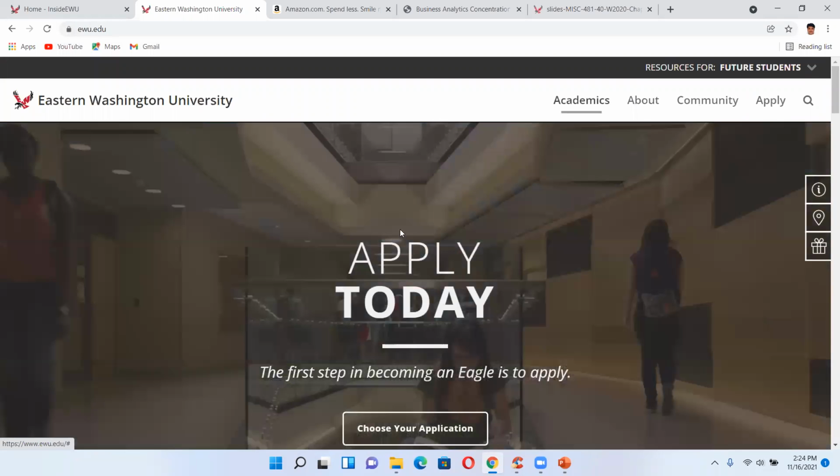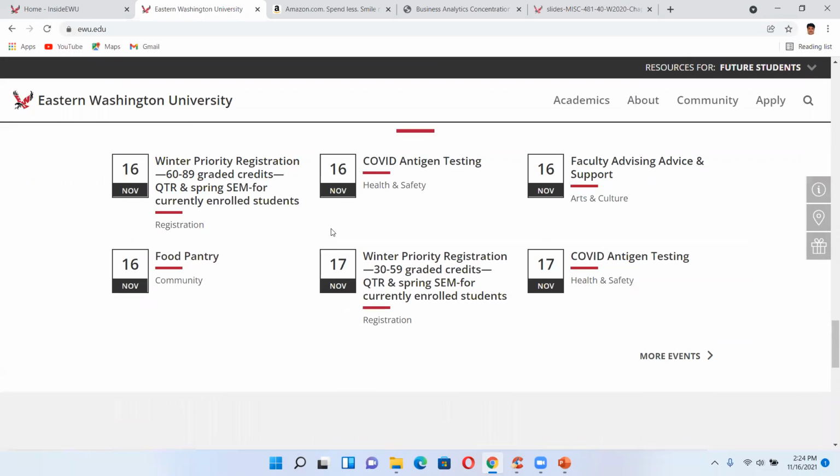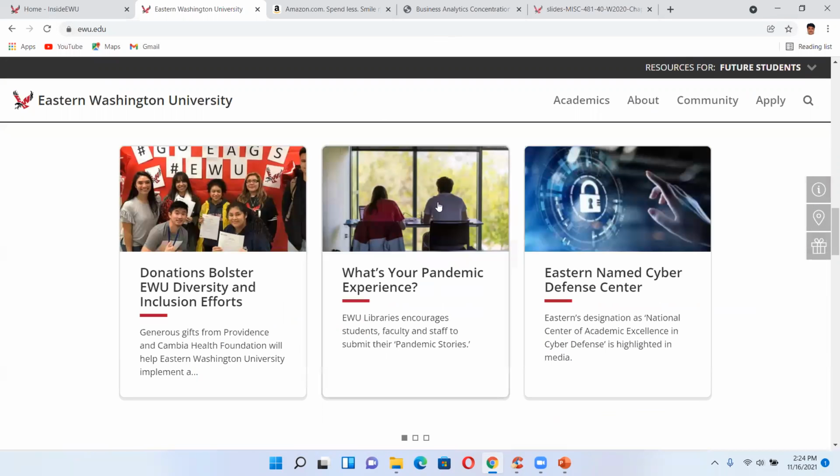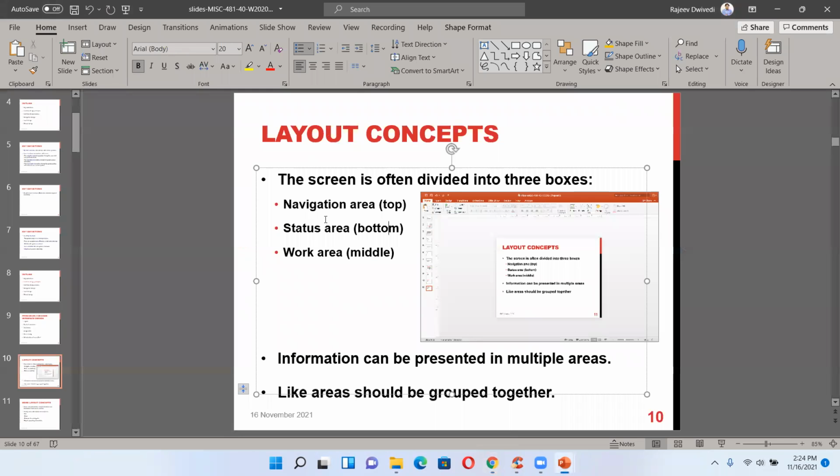At the bottom, I can see this is all about this, and the middle area. So most of the layouts are navigation area, status area, and work area.